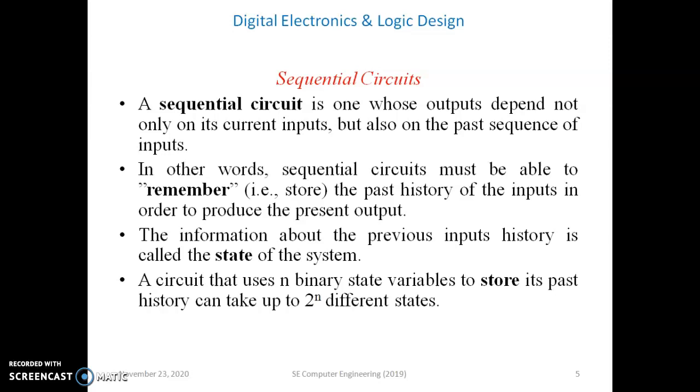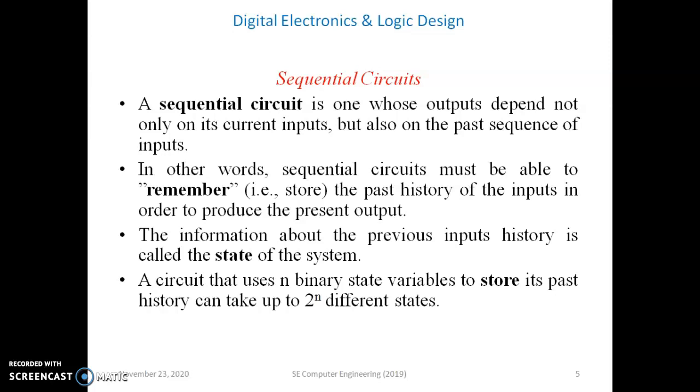For example, if you want to draw the state diagram for 0 to 7 state, so in up counter, after the 0th state, it will move to the 1 state. After 1 state, it will move to the 2nd state, then 3rd state, 4th state, 5th state, 6th state and 7th state. After 7th state, again it moves to the initial state, that is the 0. Means every time after the 3rd state, it will move to the 4th state.